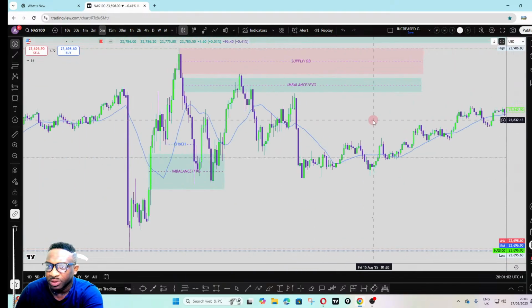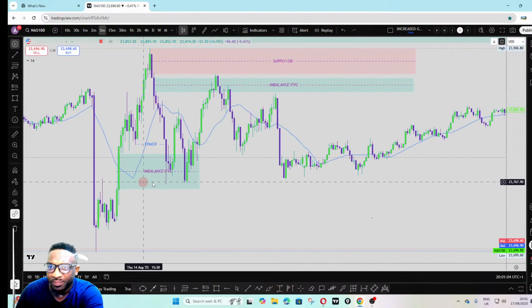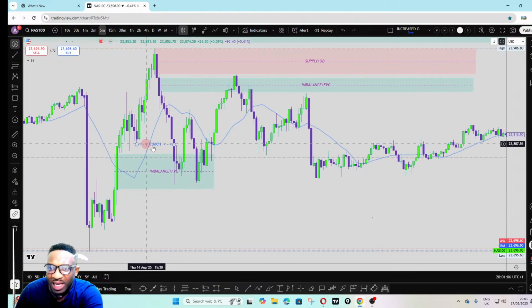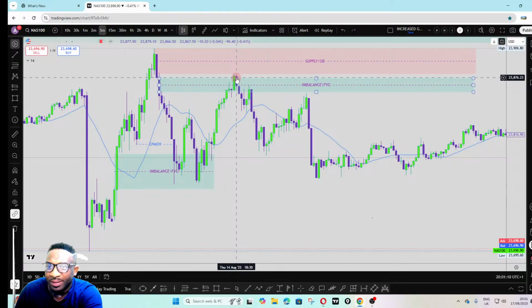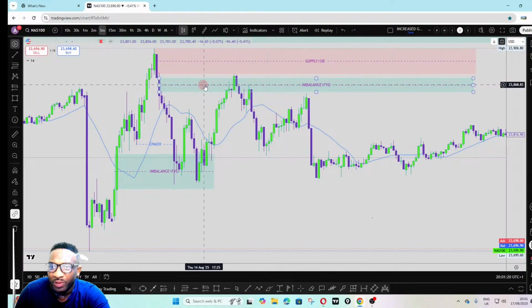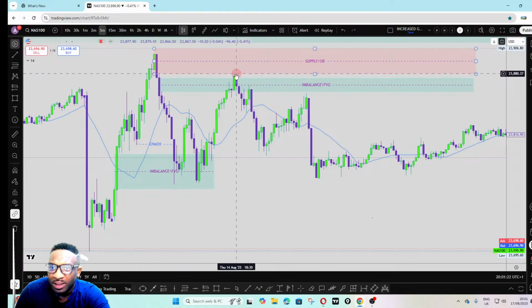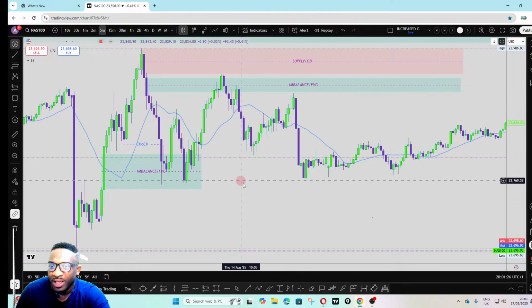So did we have a tap in? After this break? Sure, we had this tap in. So all we have to do is to be patient, wait, and things will begin to fall in place. So we had the tapping, had the imbalance filled, and then a slight tap into the supply zone. And then from here, if you had